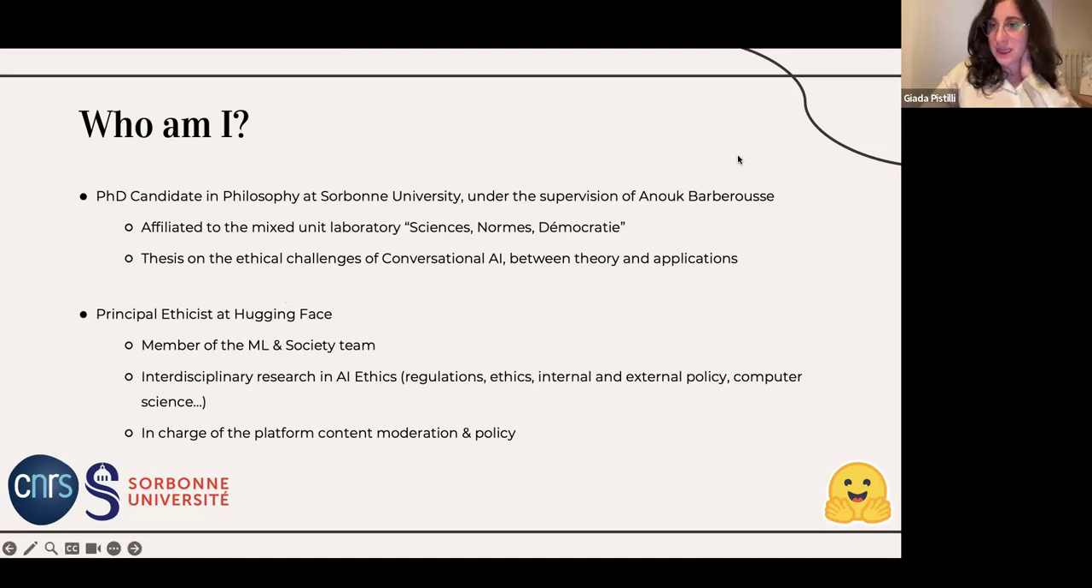So it means that daily, especially in the business context, I deal with regulations, standardizations, agencies, ethics, of course, in theory and practice, internal and external policy, computer science, etc. And then since the very beginning, I was also in charge, and I'm still in charge, of the platform content moderation and policy. As you can imagine, moderating machine learning content is not the same as, for instance, moderating